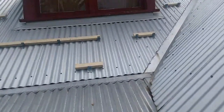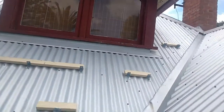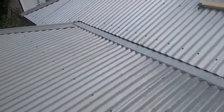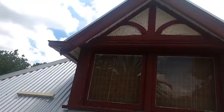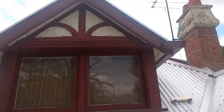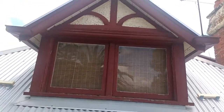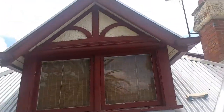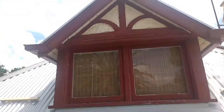Tiller from the third coat. So just want to show you something about hard to access areas. This is on top of a roof here, but there's not much of it. This will probably be done. There's a lot of scraping to do because it's in very bad shape. A lot of peeling paint and whatnot. Some putty that has to be replaced. But there's not a lot of it. There's a little bit behind on the other side, but I'll do that from the other end. But with this one,